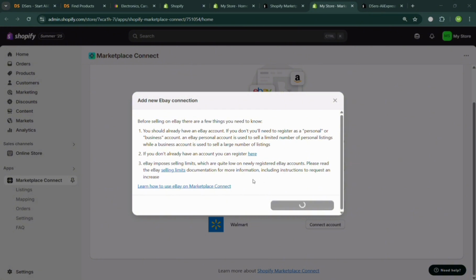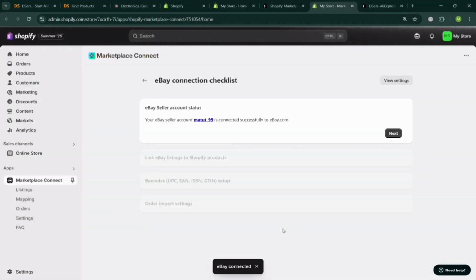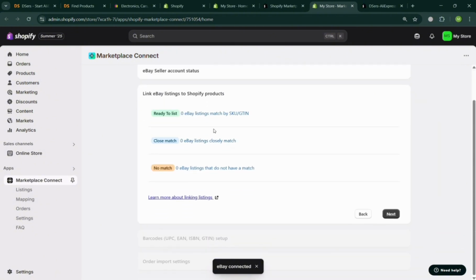So you should be able to see on the pop-up window after signing in to your eBay account that this is basically what it looks like. So kindly proceed by clicking the next button below here. Upon doing so, you simply choose the next button once again, but it will show you here that